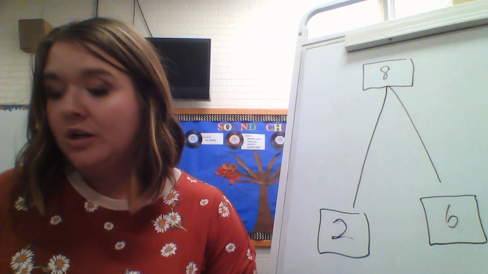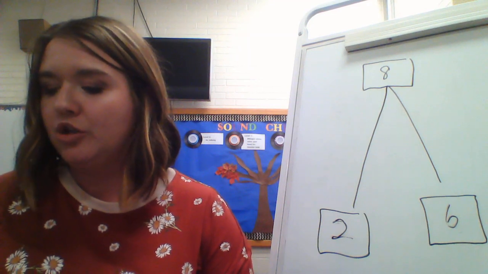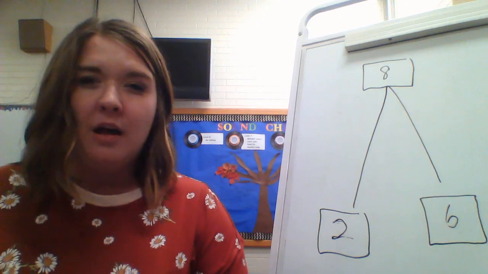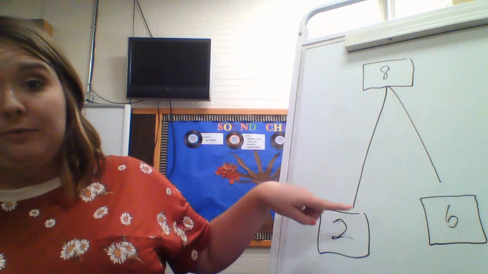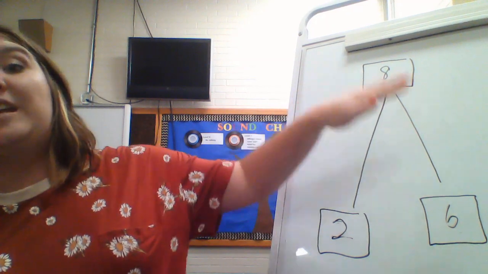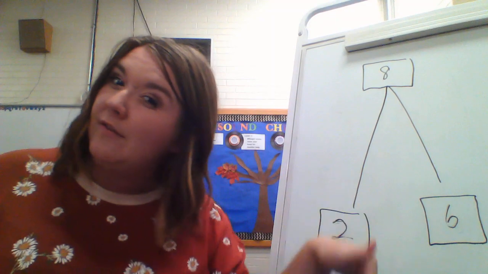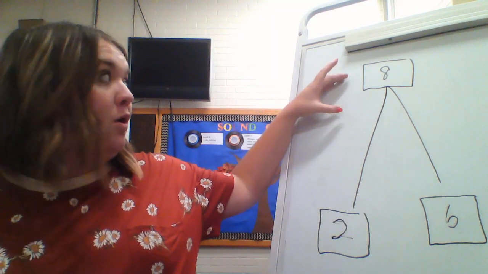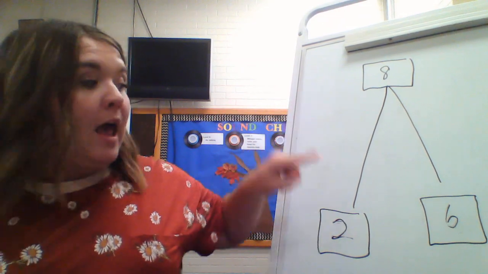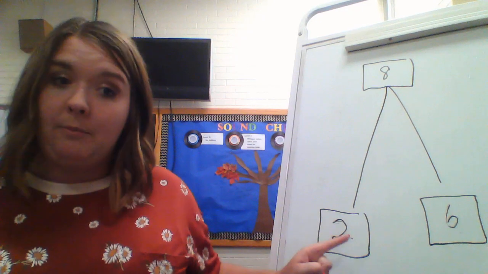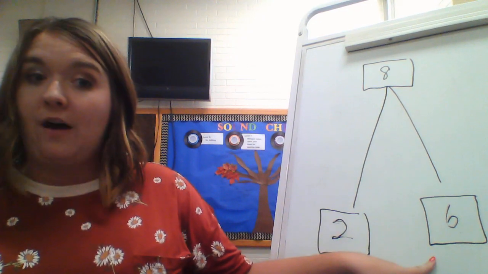I'm going to read the problem. Vicki has 8 stickers. She gives 2 stickers to Judy. How many stickers does Vicki have now? Now, I already filled in my Math Mountain. I knew that my total was 8 because she had 8 stickers and then she gave some away. So if she gave some away, that's going to be a subtraction problem, which means that I know that 8, my total, goes at the top of my Math Mountain, and my add-ins go over here. Now, she gave away 2, so I knew that number, and I needed to solve it, and I found 6,